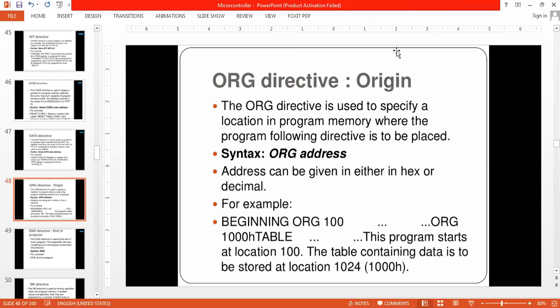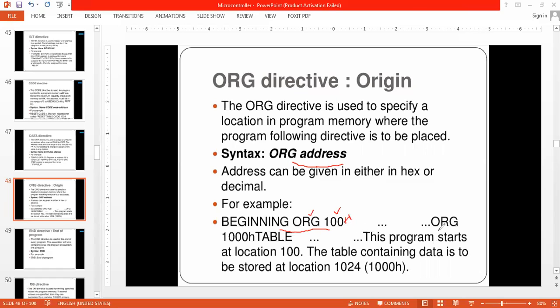This is going to be the syntax: org address. For example, a name like beginning, or if I don't write the name here, it is enough. Org 100H or org 100, whether it may be a decimal number or a hexadecimal number; I will consider it as a hexadecimal number.